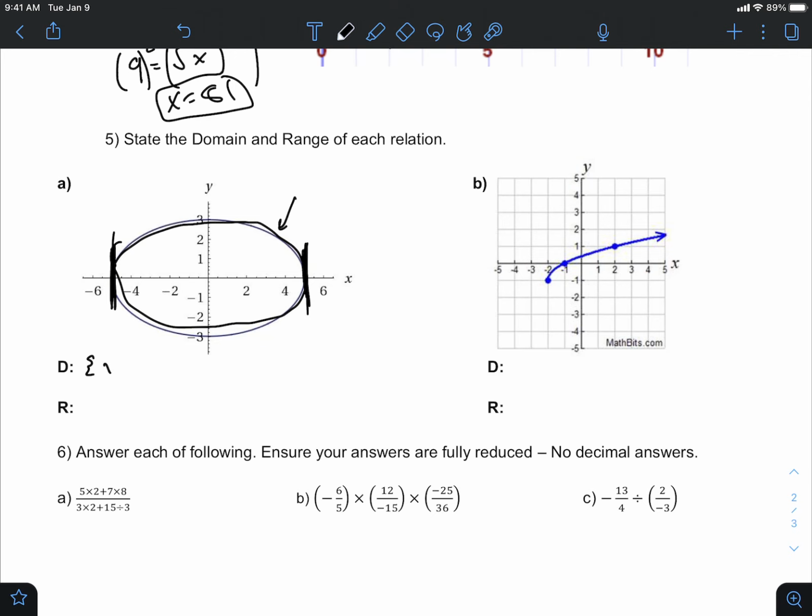So we could say it can take on any value of x as a part of the real numbers such that -5 is less than or equal to x less than or equal to 5. And the range is basically the exact same, just different because it's not a circle this time. It can also take on any value of y as long as it stays between